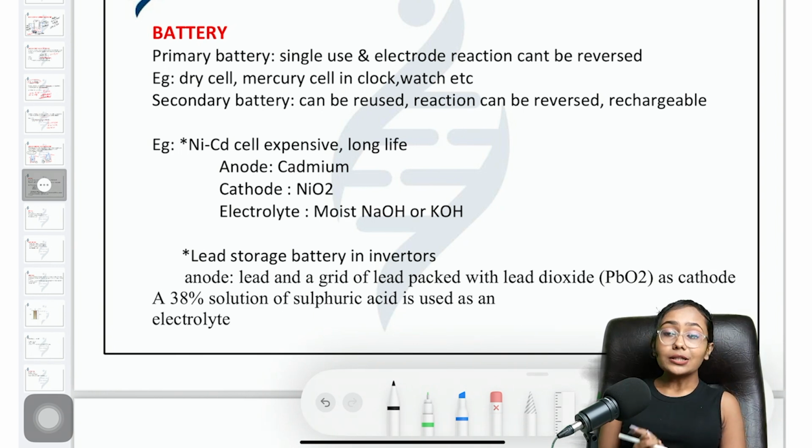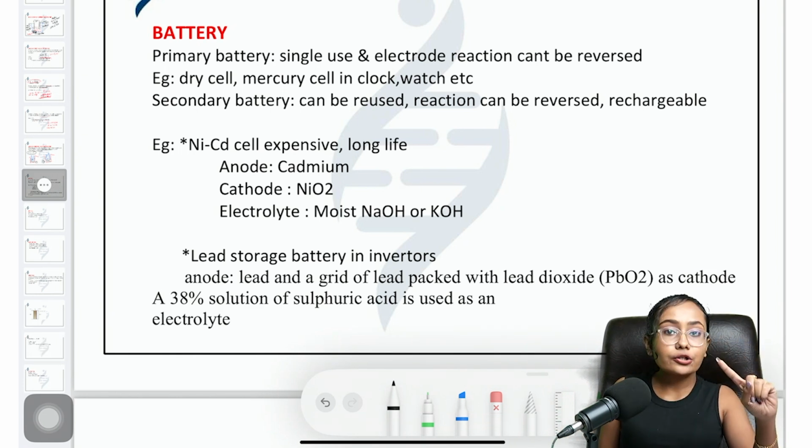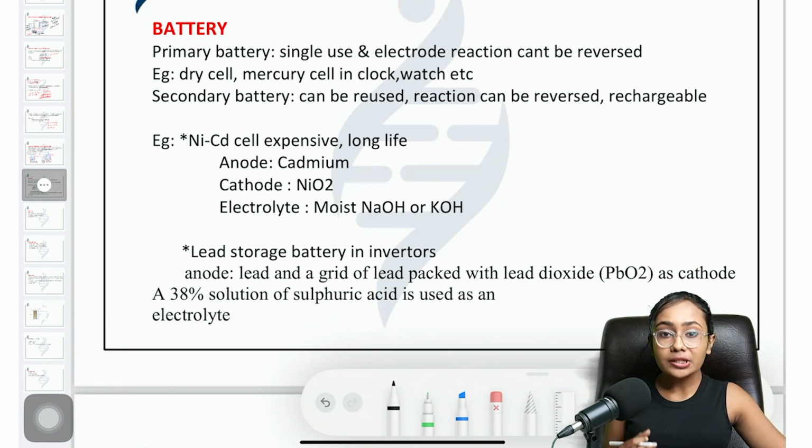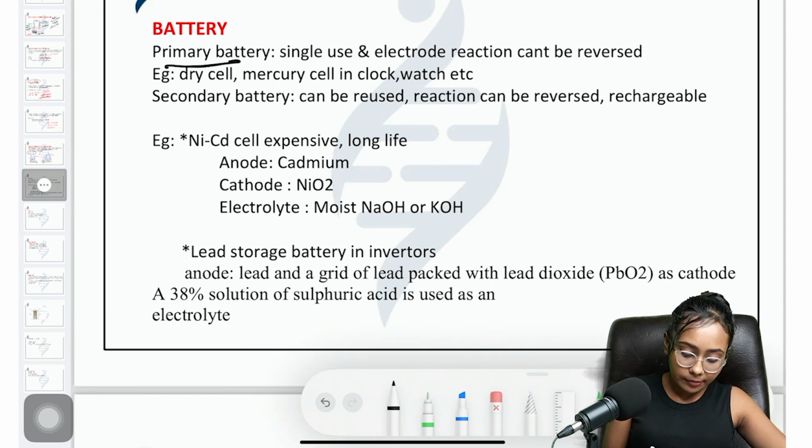So what is the conversion taking place in a battery? Is it chemical energy to electrical energy or electrical energy to chemical energy? In a battery, we deal with the reaction or the chemical conversion of chemical energy to electrical energy. So there are two types of battery, as I already said, primary battery and secondary battery. And in batteries, a redox reaction is taking place, that is reduction, oxidation reaction. It is a conversion of chemical energy to electrical energy. We have two types of battery, that is primary battery